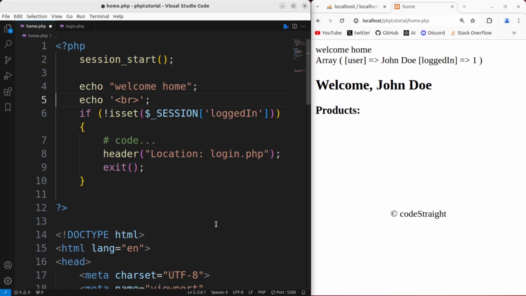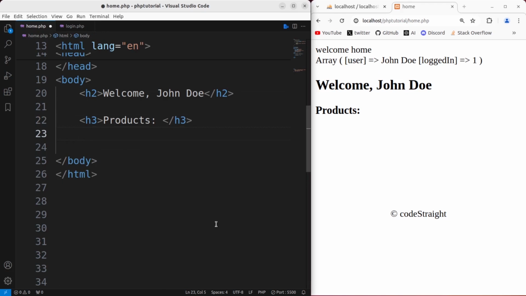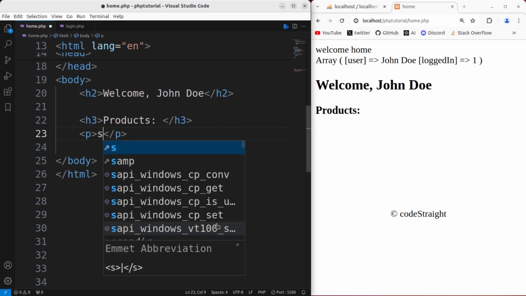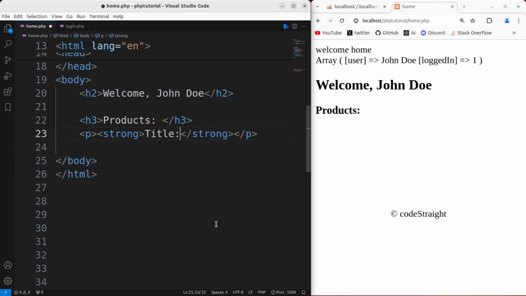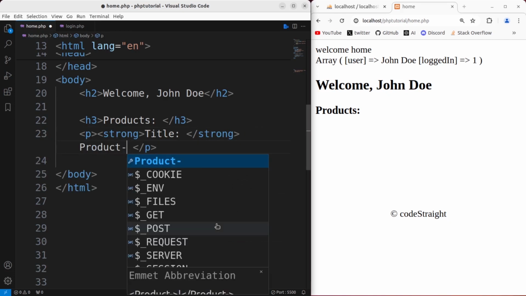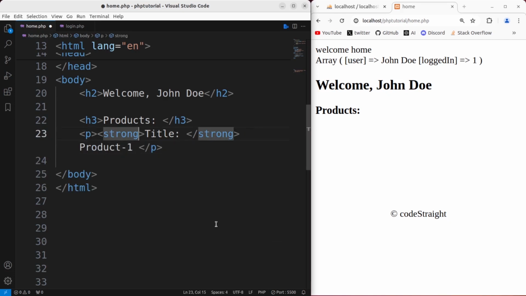Cut that from here, and I'm also gonna cut these lines. So after that, let's add some HTML here. Say the products, I'm gonna add in here the paragraph tag, and within paragraph tag I'm gonna add in here strong tag, and here say title colon. After that, let's add right in here, say product -1, and then I'm gonna copy this code from here, and